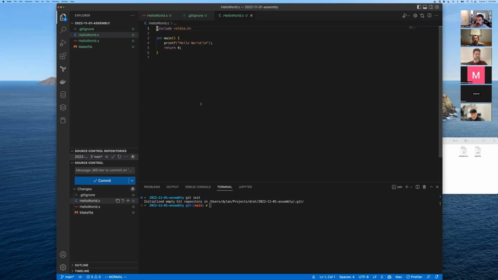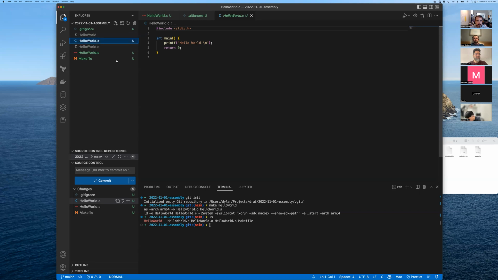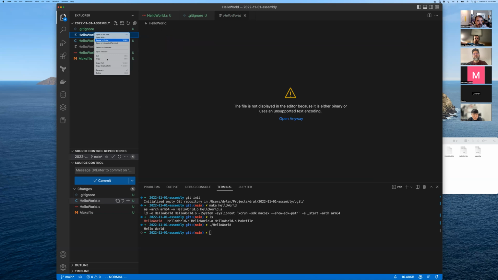CPU instructions are what you see inside of an executable program. So I just ran a make command that's going to build this C program into an executable. This executable does a very simple thing. It just prints out hello world. But if you look at this executable file that was created, opened with a text editor,